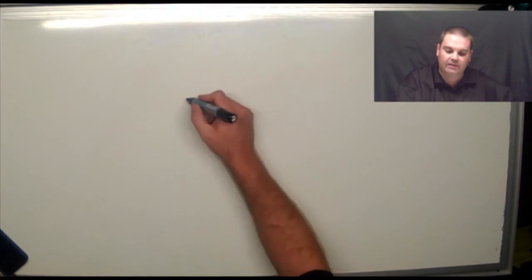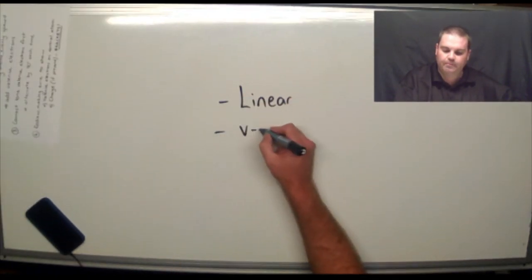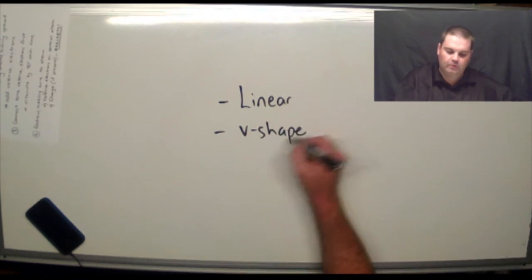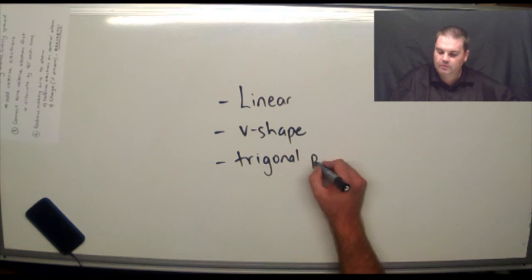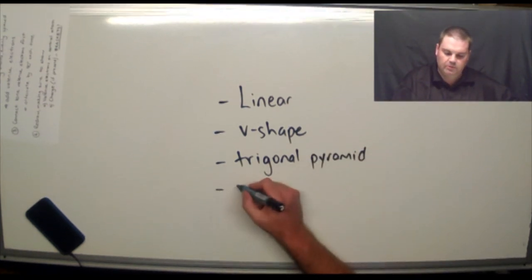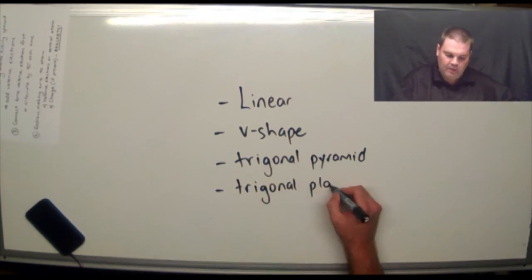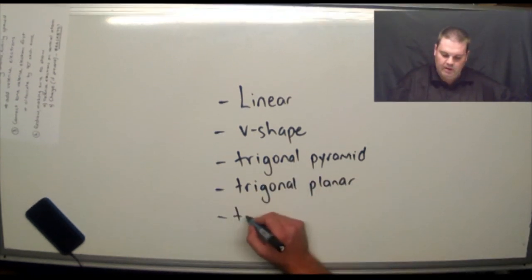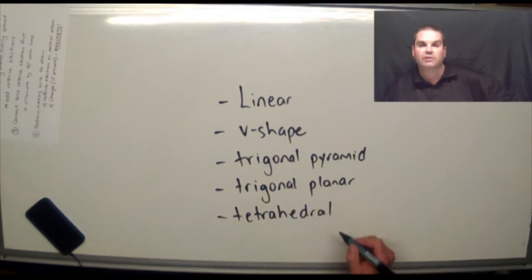Remember, the main shapes are linear, so learn these. V shape, trigonal pyramid, that has a lone pair of electrons, trigonal planar, and tetrahedral. Get used to these, find as many as you can, download the worksheets on drawing the structures,